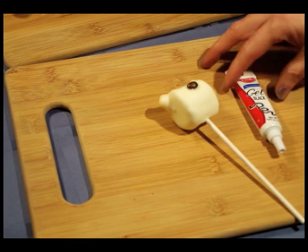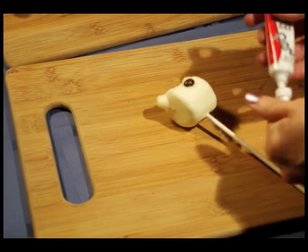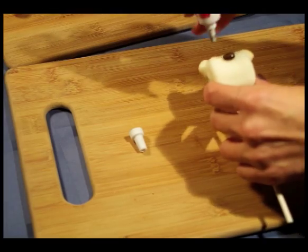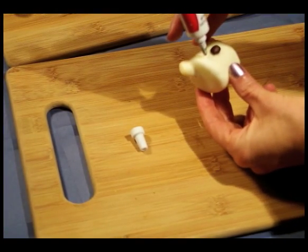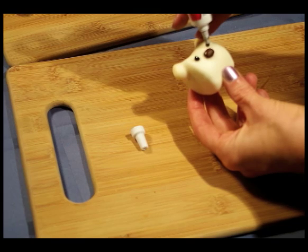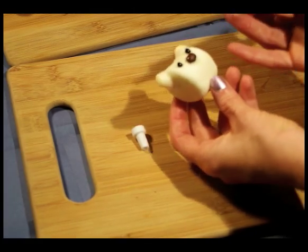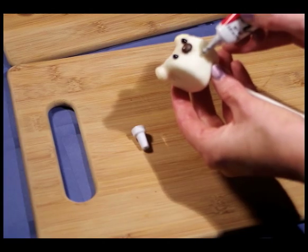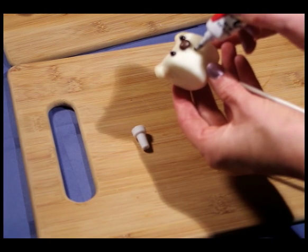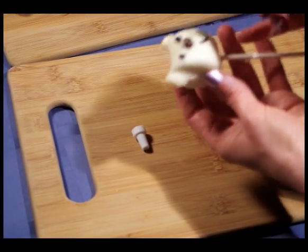To make the face, you could also use this black decorating gel that's by Betty Crocker, and it has a nice thin tip, which I like about it. Now to make the eyes, hold the tube straight up and down, and then just kind of dab on a little drop like that, and then once you have enough on there, push down and then kind of pull it up. So you get these nice little round balls. Now, for the mouth, we're going to draw 2 arcs underneath the nose again. I'm going to start in the middle and then pull this tube to the right, like this. And I'll do the same on the other side,